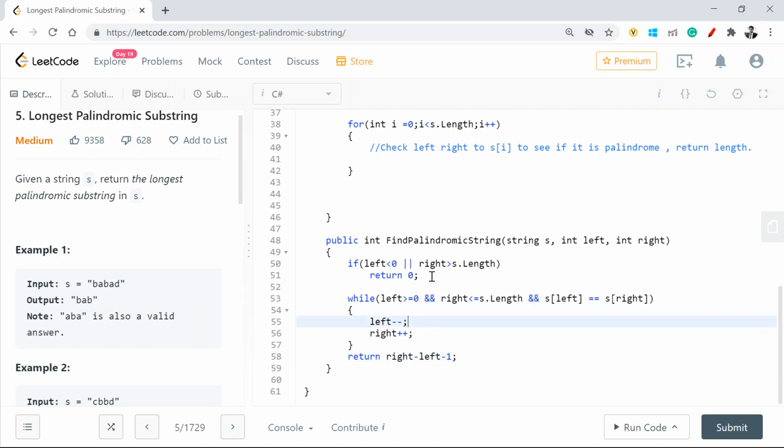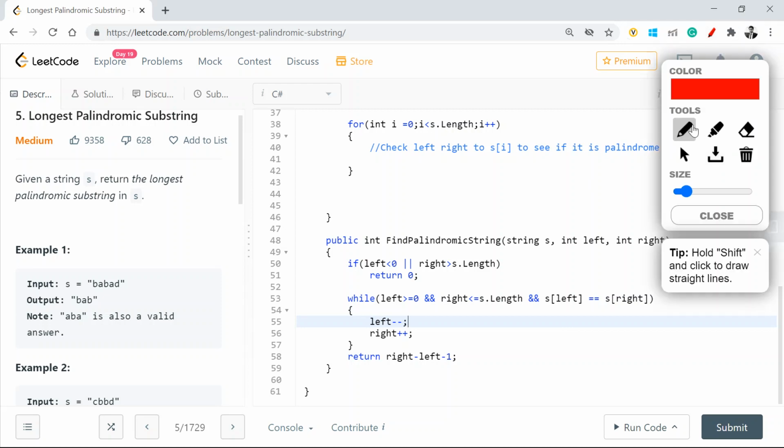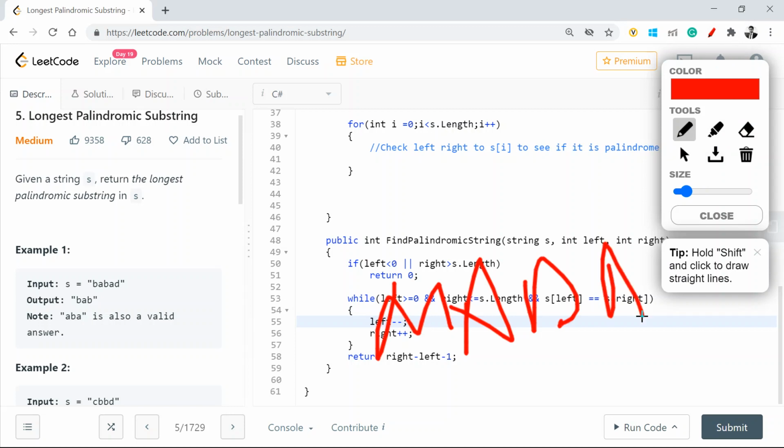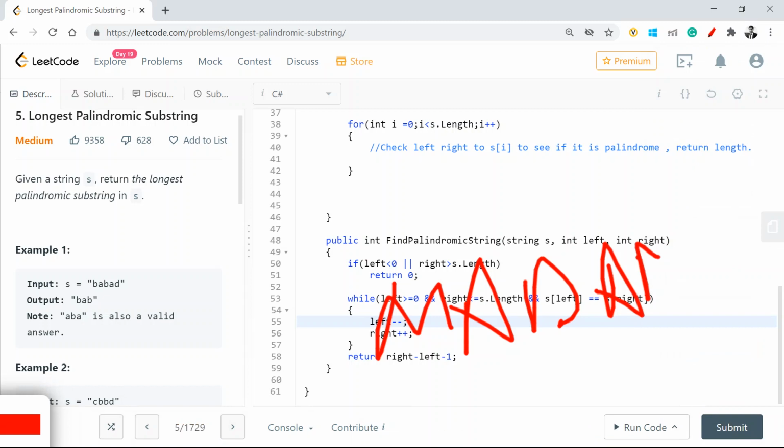Because let's take that same example again, I had madam. If I am at this position and I'm at this position, that means this is 0, 1, 2, 3, 4.